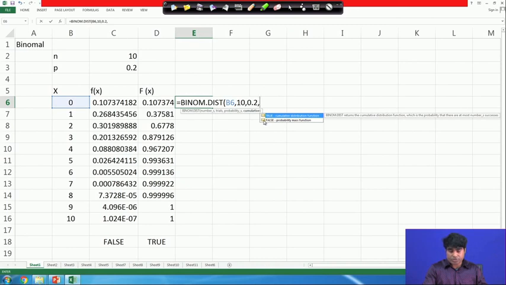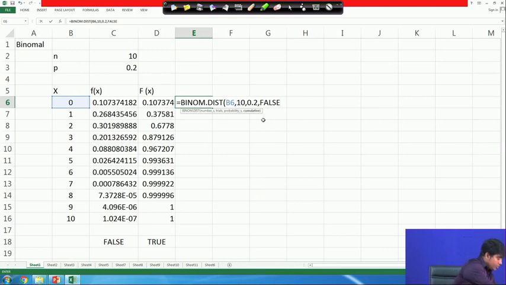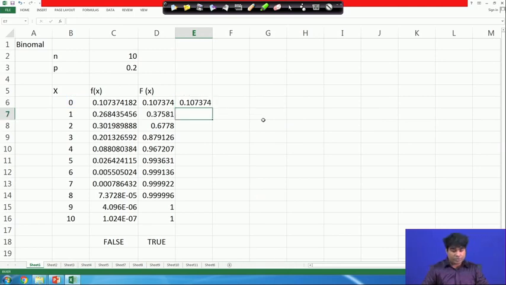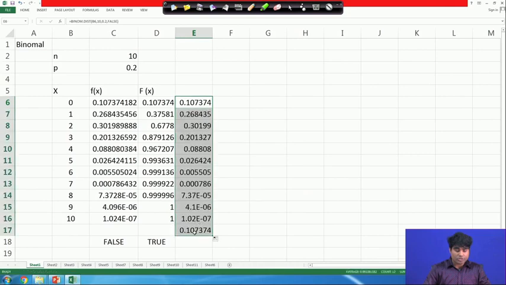Then you have to give whether you need the particular probability case or a cumulative. Let us say first you start with the particular probability case. Okay. Click there and then close the bracket and then enter. So this will be for x equal to 0. When x equal to 0, the probability in a normal binomial distribution case will be 0.11. Then if you drag down, it will be generated for all the x, up to 10. So this will follow a kind of distribution.